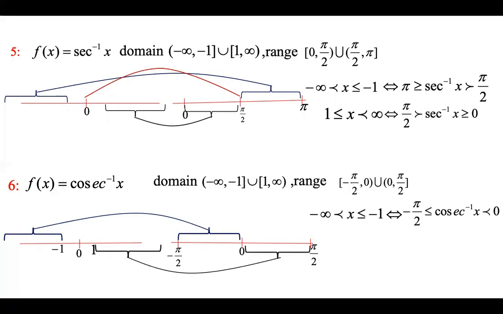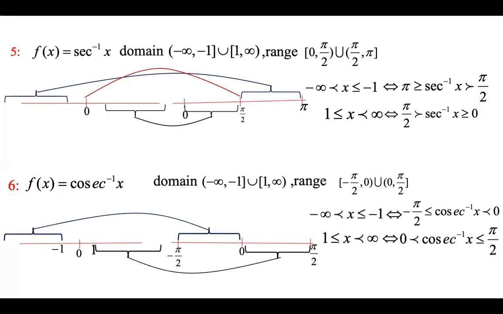Again, the middle point 0 is not there in the domain of it. Therefore, you don't worry about that. These are the behaviors of the functions: sin inverse x, cos inverse x, tan inverse x, cot inverse x, secant inverse x, and cosecant inverse x. This is the complete behavior of the functions. Now,